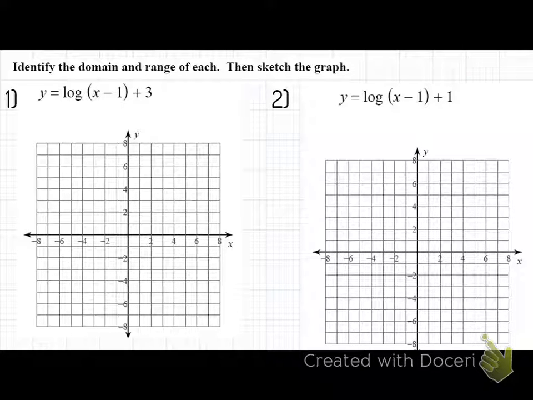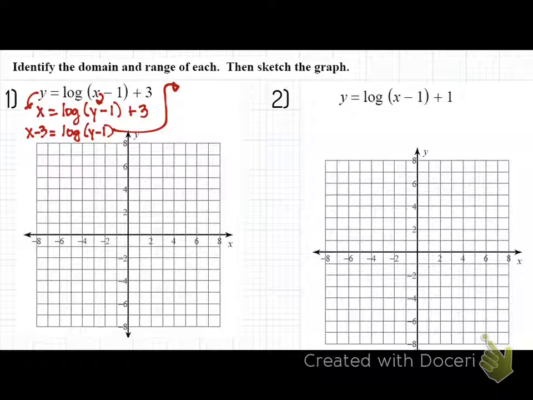So the first thing, eyes up here on number 1, we're going to switch x and y. So it's going to be x is equal to the common log of y minus 1, all plus 3. That's the first step. And why don't you kids work alongside with me? That way we can work this out together, okay? So the next thing we're going to do is convert this to an exponential equation. So I need to isolate the logarithm. I'm going to subtract 3 on both sides. So it's going to be x minus 3 is equal to the common log of y minus 1. And then just like before, we're going to convert this into a